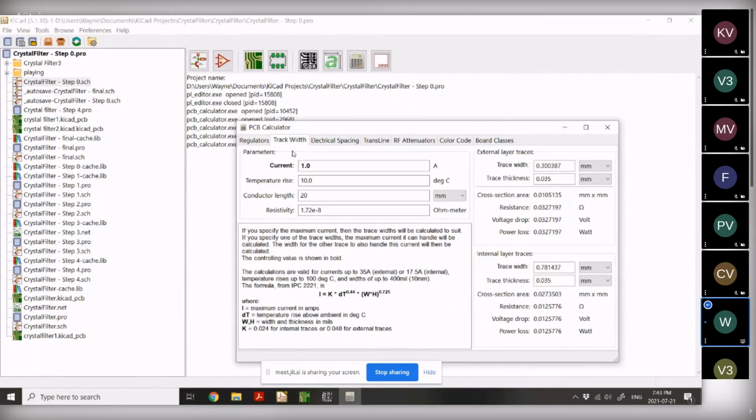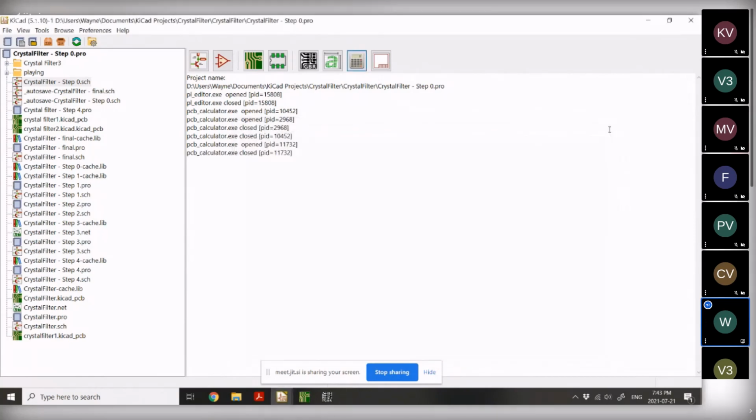Its purpose is it tells you how big the tracks need to be on the PCB board based on the amount of current you're trying to shunt through them. So if it's a big amount of current, you want a lot of copper. So basically, you fill in the parameters, it tells you how big it is. The other parts of here,